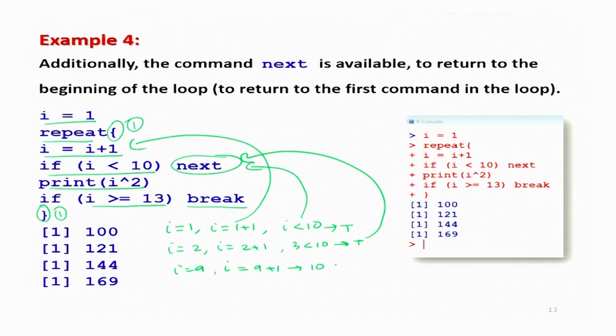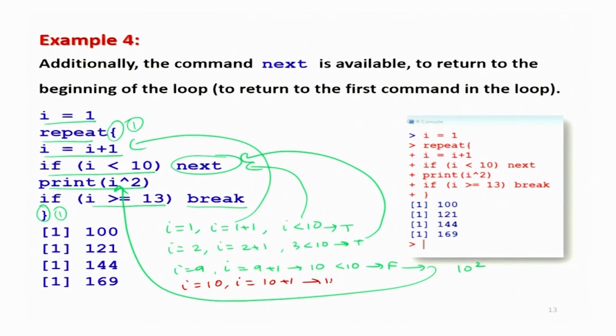Then it will become I equal to 9 plus 1 equal to 10, and then this condition is checked whether 10 is less than 10. This becomes false, and then whatever is given here, that print I square, will be executed, and 10 square will be printed. After this it will consider the next value of I. From 10 it will become 10 plus 1, 11, and 11 is less than 10 is false. So, it will print 11 square,